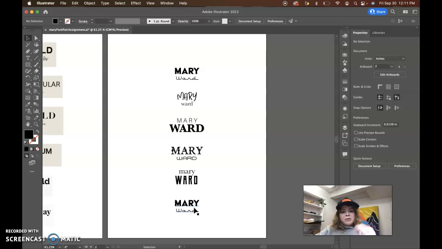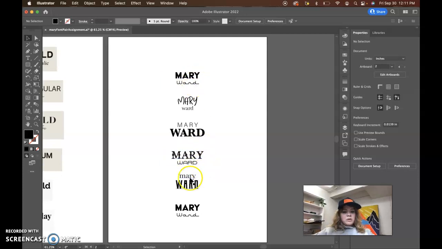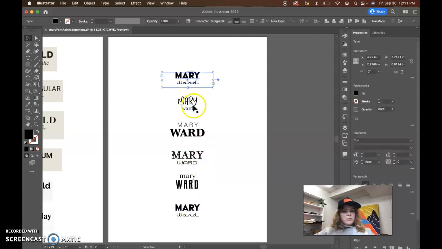I've played with all caps. I've played with lowercase. I've played with my actual font faces, doing a complementary but very contrasting font pair. So yeah, basically that's kind of where I'm at with this. Hopefully you will be once you work on your 6 font pairs. But the next step would be to